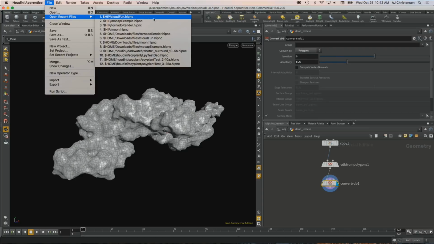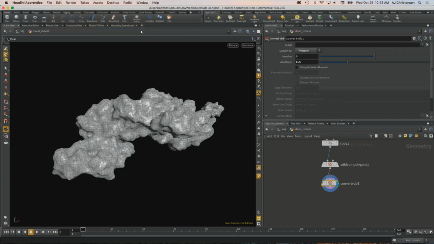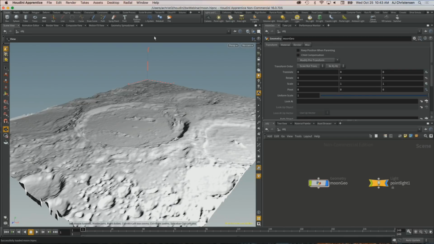And then the last demo that I want to share before I hand this back to Kalina is the scene file called moon.hipnc. And this is just sort of a quick example of importing external data into Houdini. There's a bunch of ways to bring in external data into Houdini. Kalina's going to talk a bit about how you can use external scripting tools to do that. Some of the other ways that you can do it: